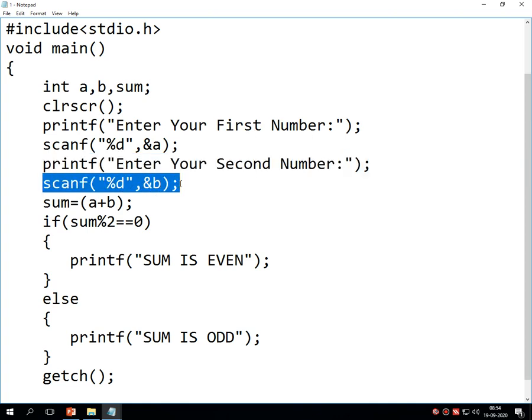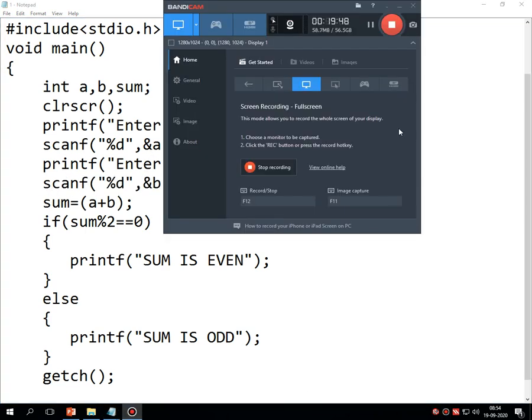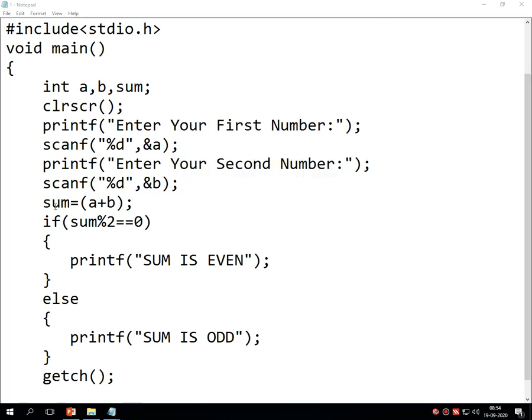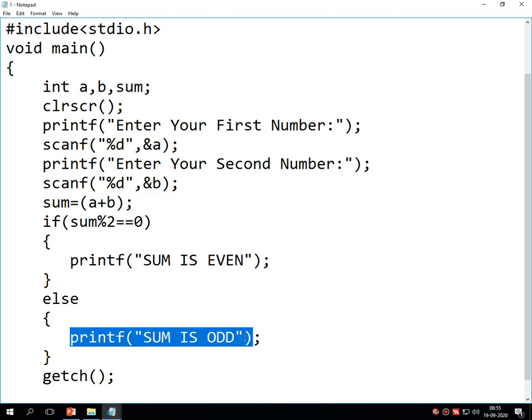This is the second number. Then after entering the first and second number, there is an addition of the numbers, that is sum equals a plus b, which adds the two numbers. Then it checks whether that sum is divisible by 2 or not, and if the remainder is 0, then the sum is even, otherwise the sum is odd.